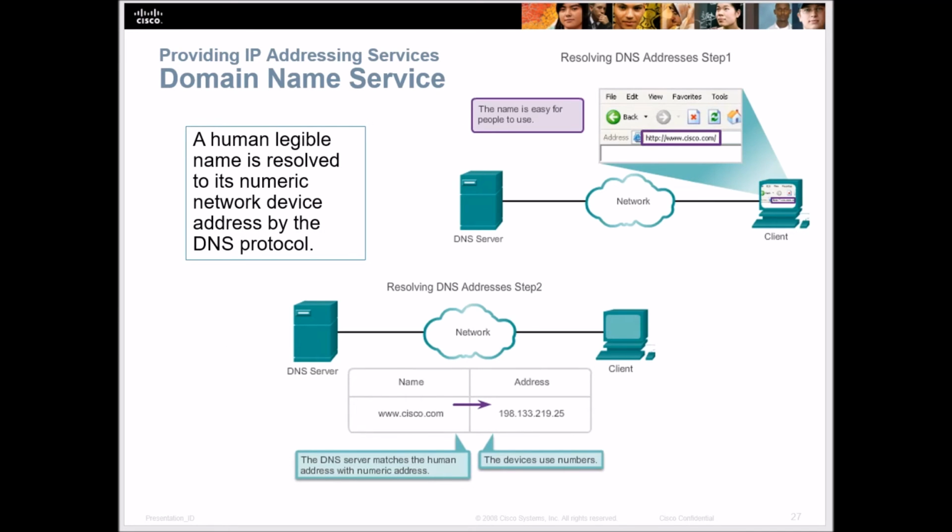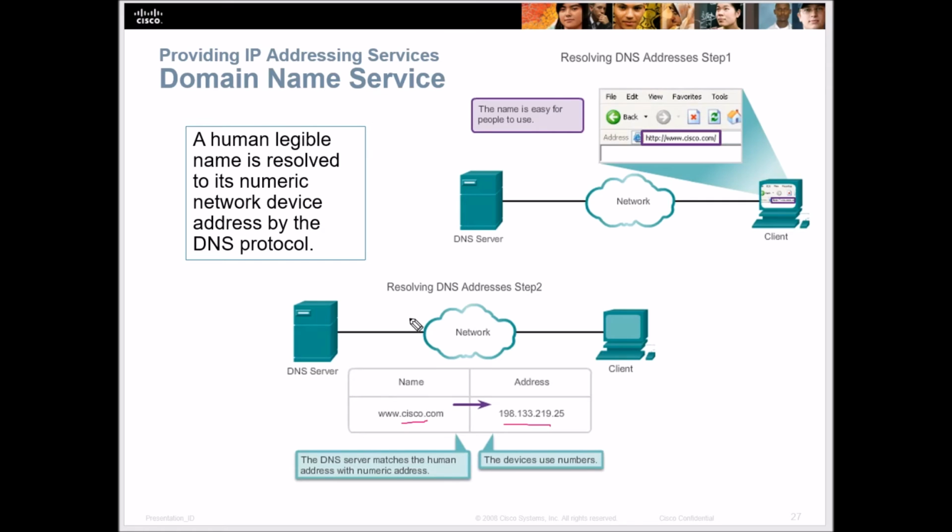DNS is how we resolve domain names to IP addresses. That allows us to have familiar names, for example, Cisco.com or JasonEJohnson.com, and that gets resolved to an IP address, so you don't have to remember that IP address. And that's very helpful when we go to V6, and those are big, long hexadecimal numbers. You don't have to remember those numbers. You just have to resolve through DNS.